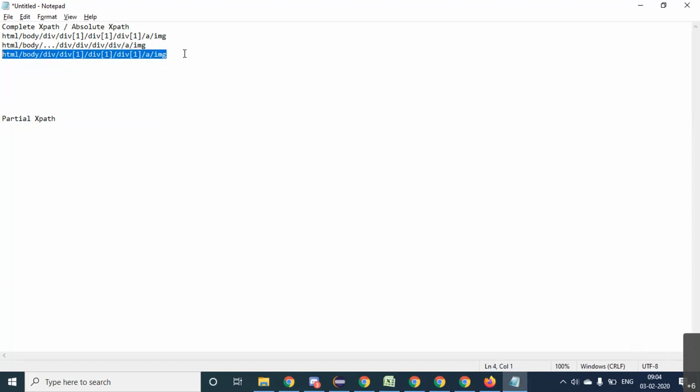Now, partial XPaths. I'll take this up tomorrow because I need a stretch of say 40-45 minutes at least to explain partial XPaths, which are really important. Okay, so we will stop here. Fine. If anybody